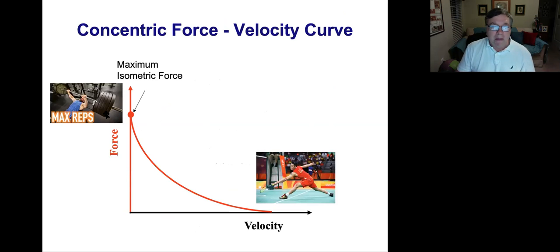If you're doing something like a maximal bench press, by the way, that's called a power lift. It's not a power lift because you're producing this huge force, but the velocity of concentric contraction or motion is actually very low. If you take a big number, let's say like the force, and you multiply by a very small number,